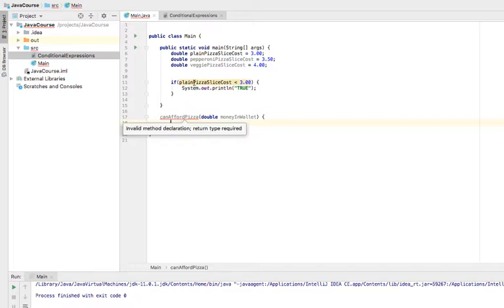So for example, this is a return type of void because the main doesn't return anything. So there is no return type in the main method, and we're going to actually make this also void because we don't want to return anything. We just want to print something out. So let's make that void, and there's no more errors, right? But if we try to call this function, so functions can call other functions, if you try to call this function in the main method,